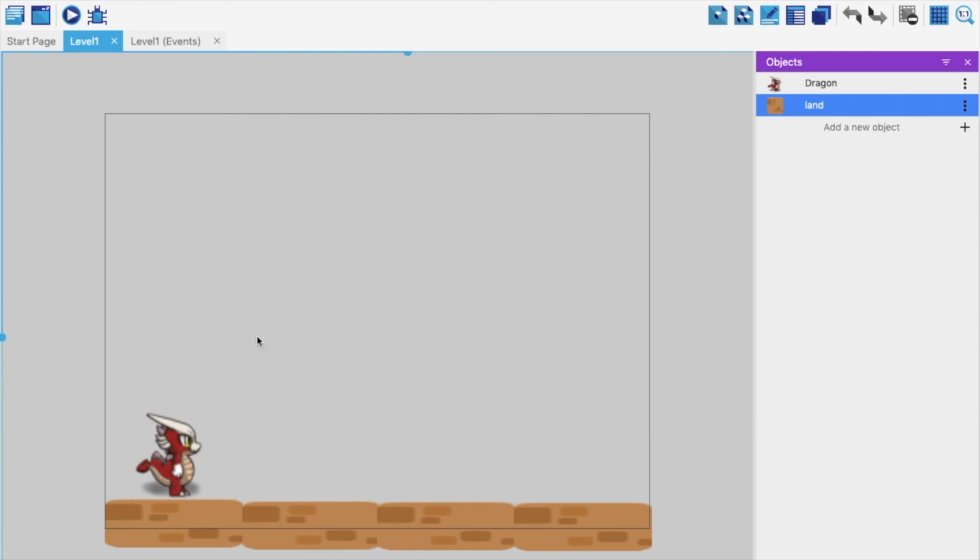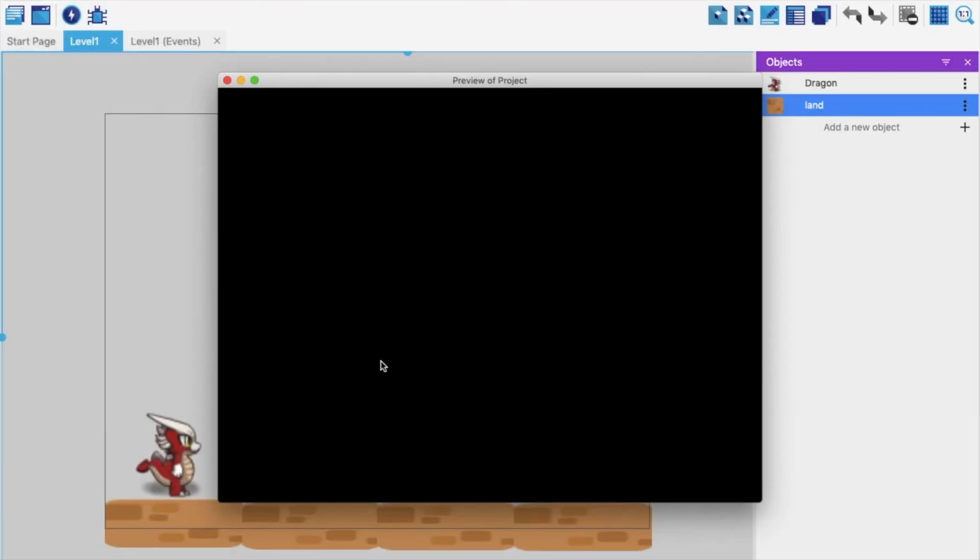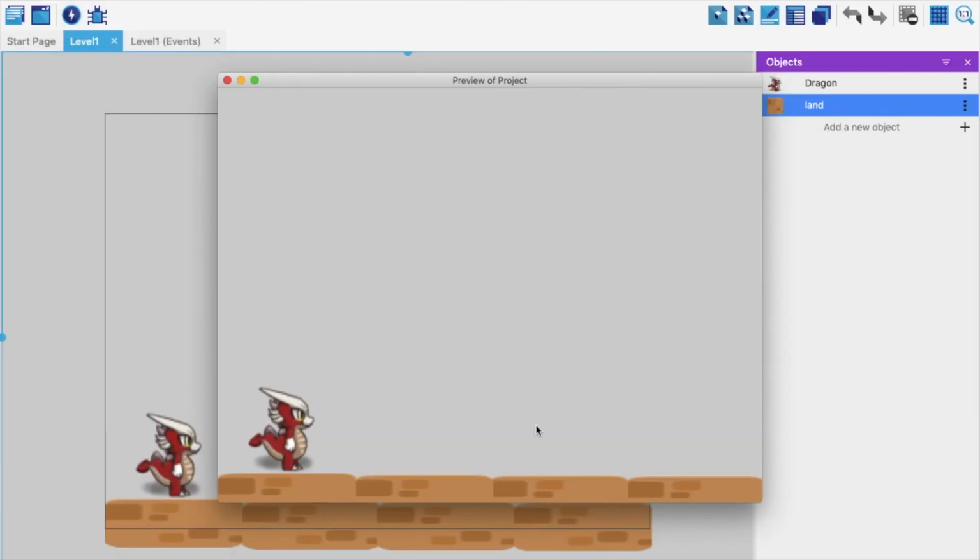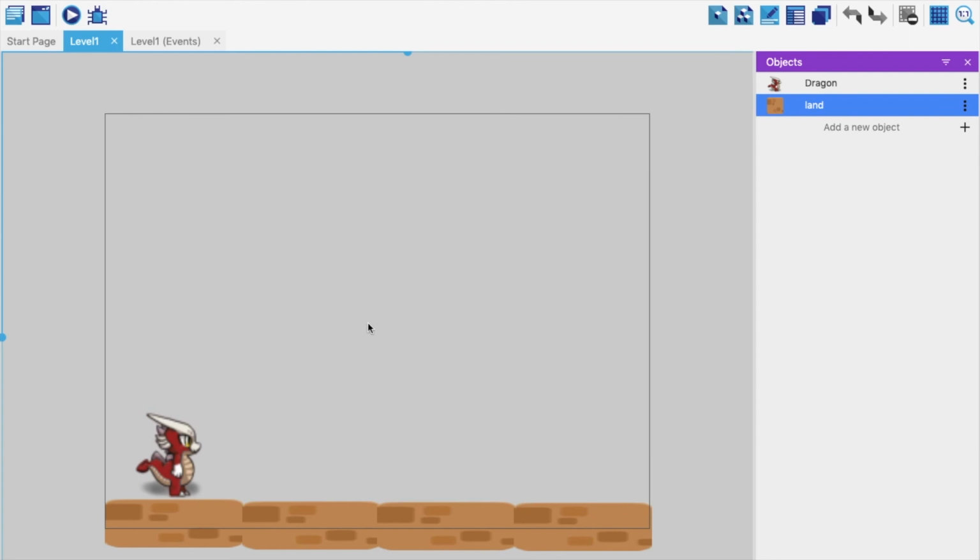To go ahead, let's quickly see the preview of what we had finished last time and where we are currently. This is just a simple thing that I made. I added a sprite which can jump when you press spacebar. Again, I have not coded for this. By default, the sprite comes with this particular behavior. Then it moves left and right using the left and right arrow keys, and since this is the platform, that's why it's holding the platformer object. So let's go back and continue and add a few more things to this.